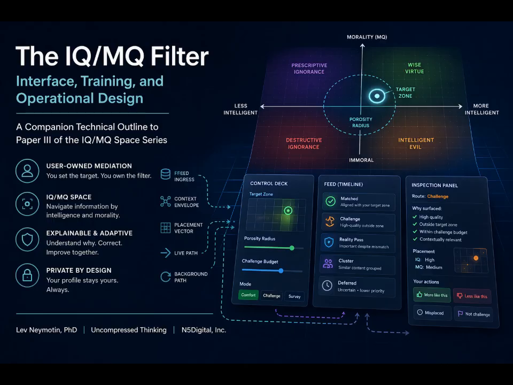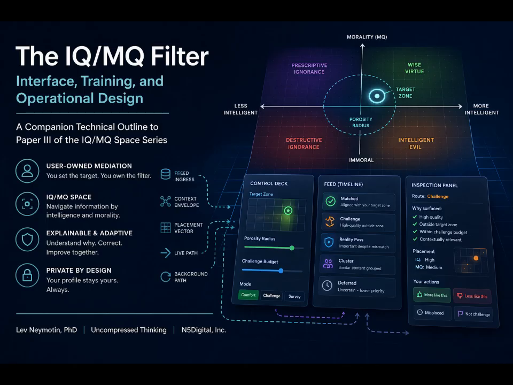The document stresses that a filter entirely owned by the user must be cognitively serious and operationally disciplined. Meaning it can't just be vibes. Exactly. It cannot just be a theoretical wish list. It has to define mathematically and structurally how data flows from a noisy platform right through a filter and then into your consciousness. And you can actually see it taking operational shape in the source material, which is so cool.